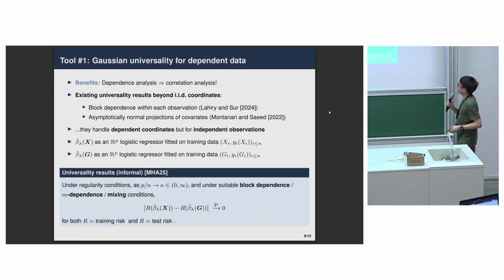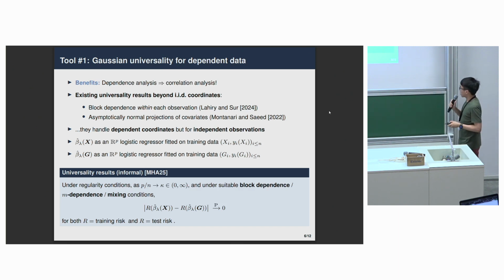At a very high level, the main universality result we built is as follows. We look at a logistic regression estimator with ridge regularization trained on a dataset. So we have our input xi, and the output label obviously depends on the xi's as well. And we look at the equivalent version where you replace all the input data by Gaussians. And we say that under regularity conditions, in this high-dimensional limit and under various dependent structures you've seen just now, if all you care about is measuring the training or the test risk of these estimators, then the two problems are actually asymptotically equivalent. Right, so that's our first result.